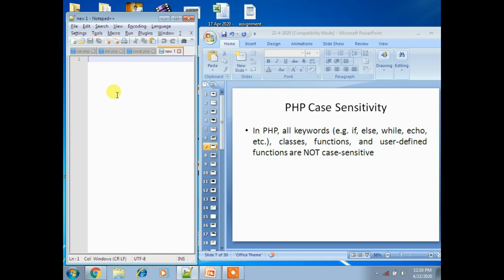Now I'm writing one statement, question mark PHP, then echo. You can use echo in capitals also, no problem, it's not case sensitive. You can use capital or small, it doesn't matter.